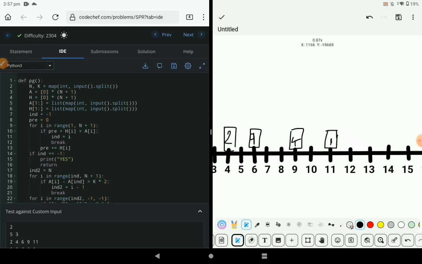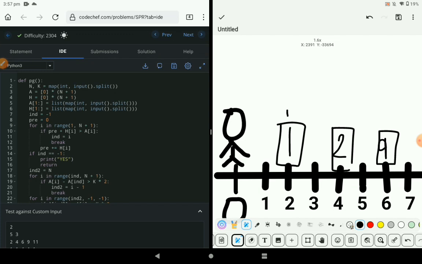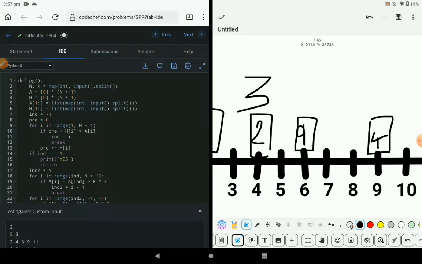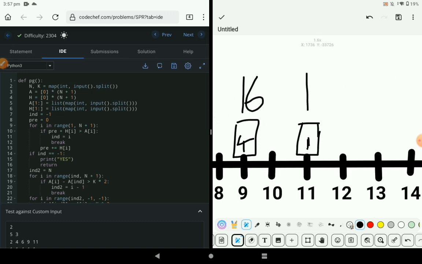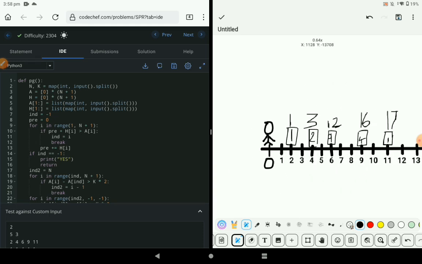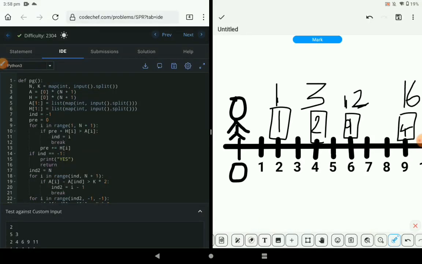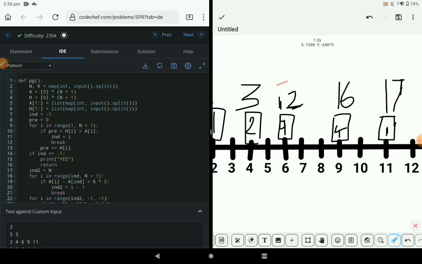ओके, सो अभी हम पहले सम्स देखते हैं। 1, फिर 3, 1 + 2 3, 3 + 9 12, 12 + 4 16 और नेक्स्ट 17। ओके क्लियर। ओके सो अभी हम देखते हैं हमारा फर्स्ट वाला जो है, फर्स्ट वाले की हेल्थ 1 है और उसका टाइम है 2, तो ये तो क्लियर हो गया। सेकंड वाले की हेल्थ 3 है, उसका टाइम है 4, तो हेल्थ लेस है टाइम से, तो ये भी क्लियर हो जाएगा। नेक्स्ट वाला 12, हमारी हेल्थ है 12, ओके, लेकिन हमारे पास टाइम कितना है, बस 6 है, तो ये तो क्लियर नहीं हो पाएगा उतने टाइम में, है ना।